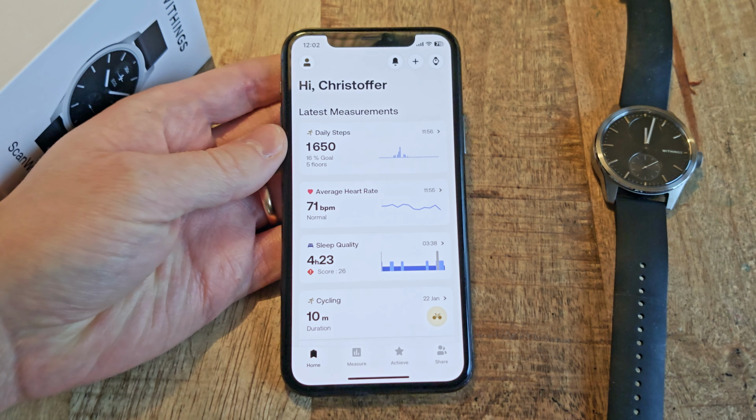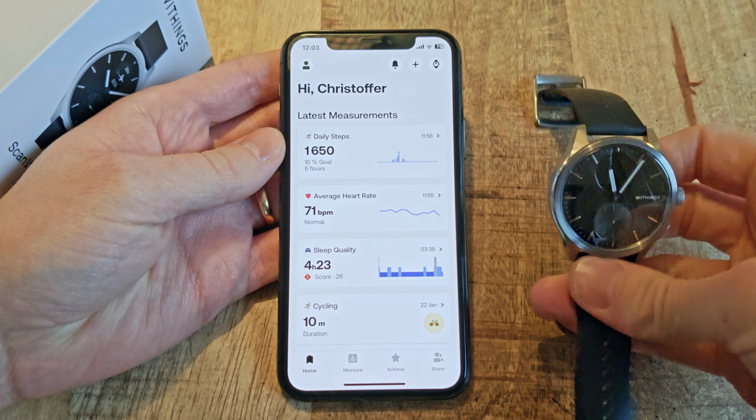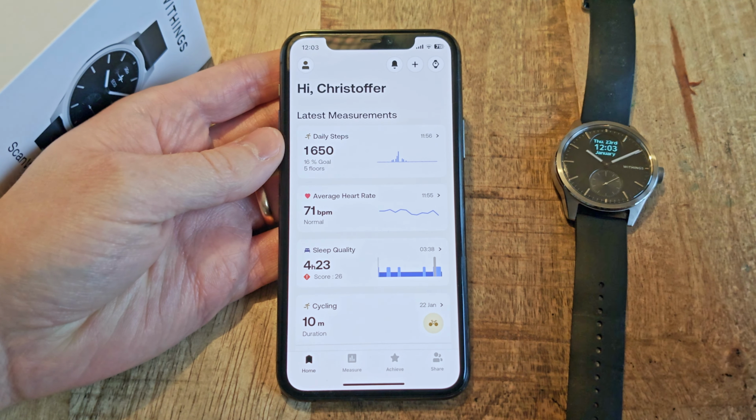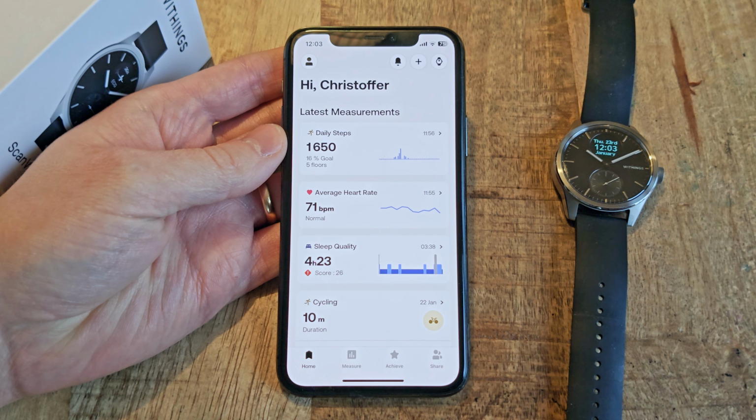Hi, this is how you perform a factory reset of most of the newer Withings smartwatches. This here is a ScanWatch 2, but the process is exactly the same on both the Nova versions as well as the ScanWatch Light. There are actually two ways to factory reset these watches, either via the app or via